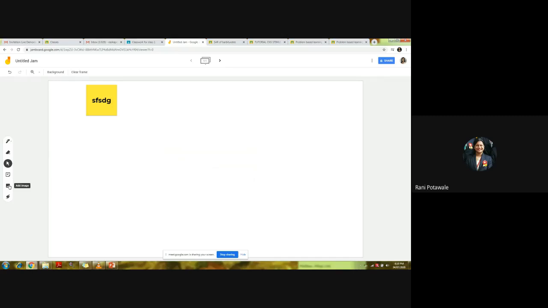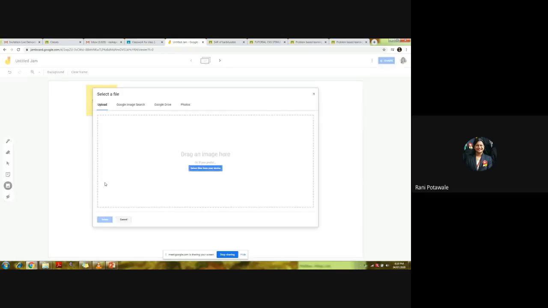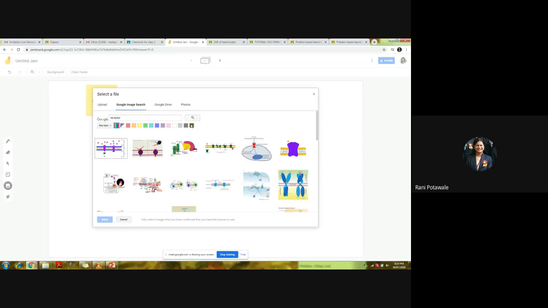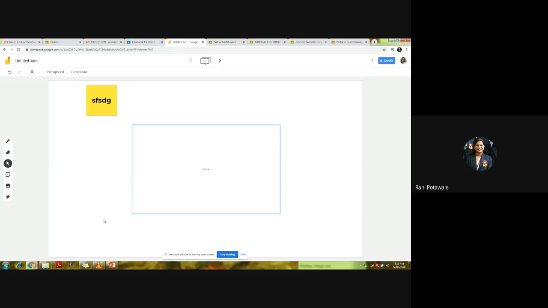There is a provision to add an image: we can upload an image, create an image, or even search for it on Google. You just need to type which image you want, and it will open with the help of Google. You just need to click the image that you want to share with the students, and it will appear on your Jamboard.